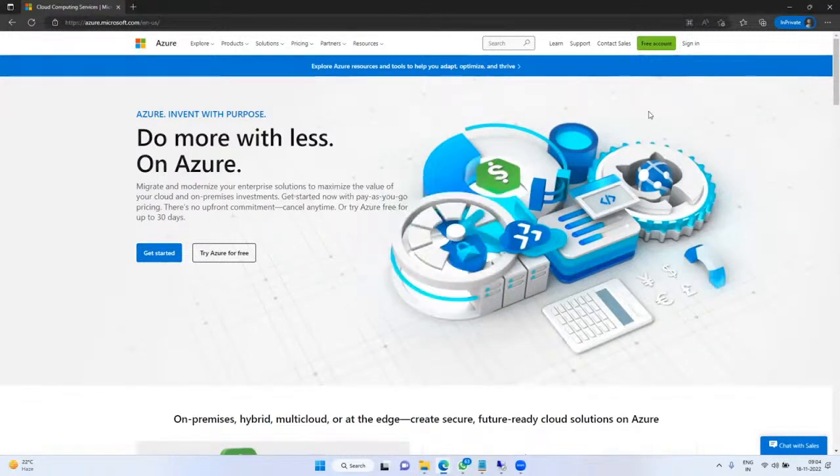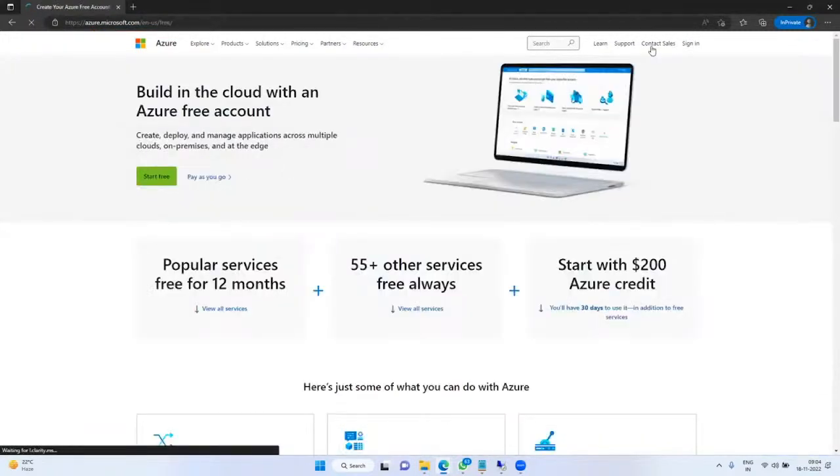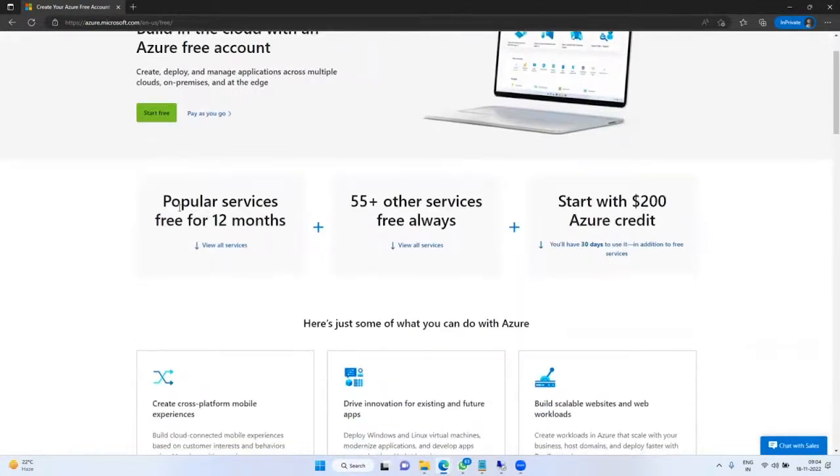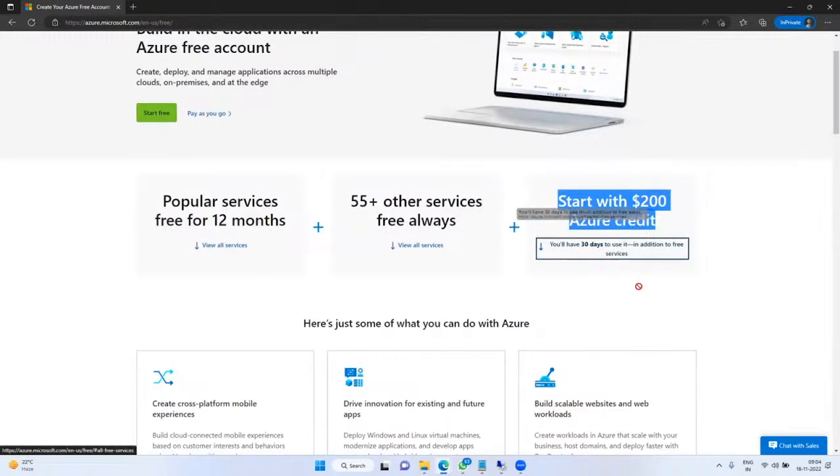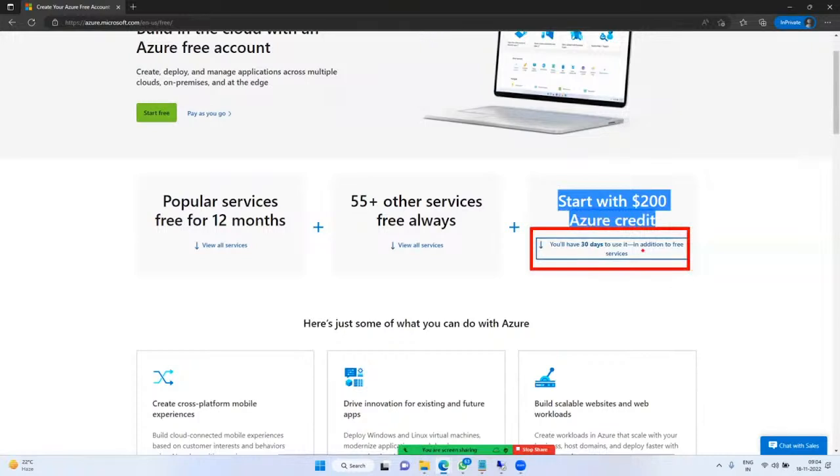See here, we have one option called free account. The URL is azure.microsoft.com. Now click on free account and see what they are providing: starting with $200 for US people, which can be used for 30 days, in addition to free services.